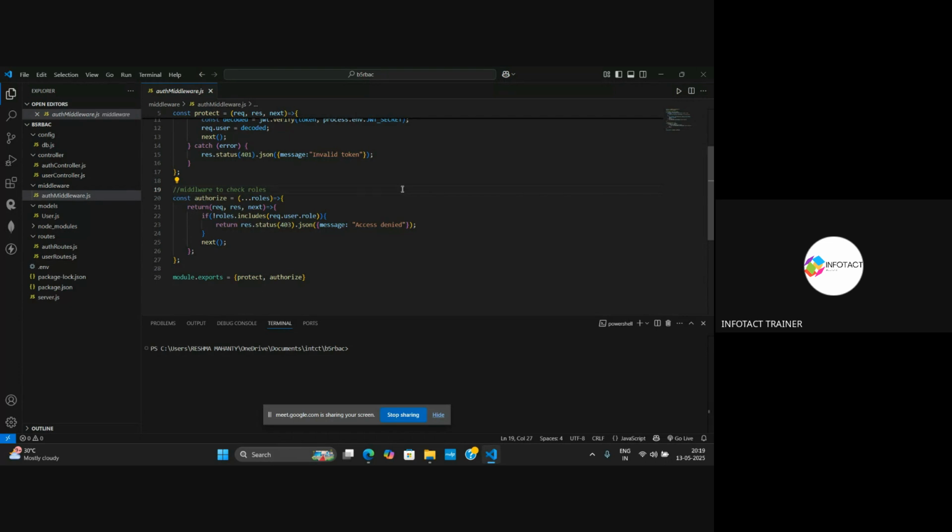Great. So inside the roles, whichever role is provided by the user to the server, it will get that role as the parameter to the authorize function. And then what we have done, we are providing that if not roles.includes(request.user.role), which means what? If the role does not include the role provided by the user, then it will provide the